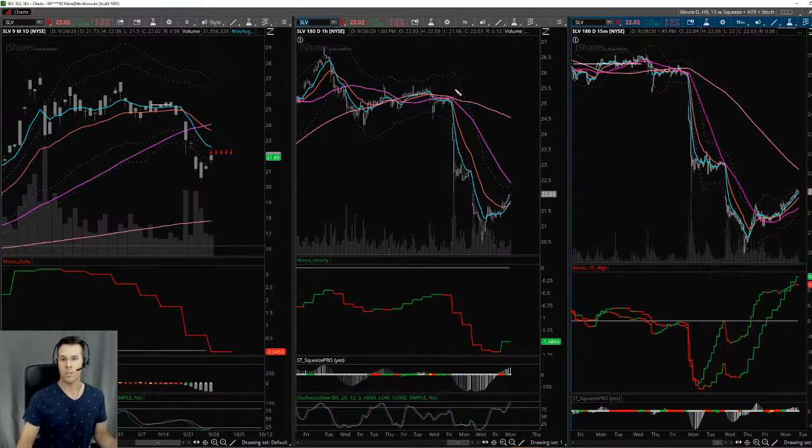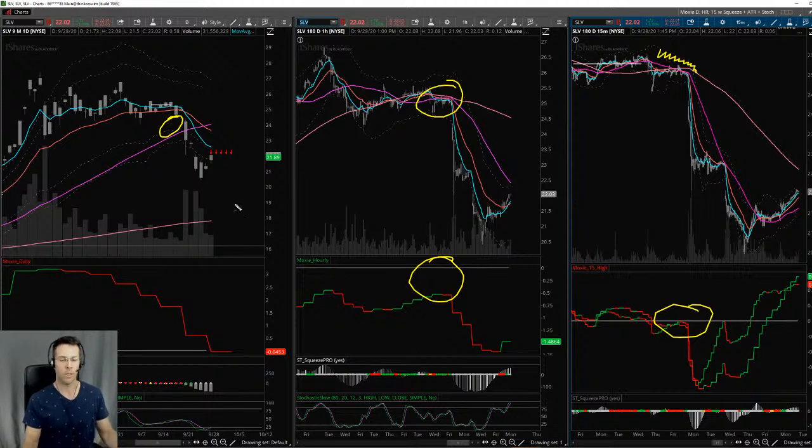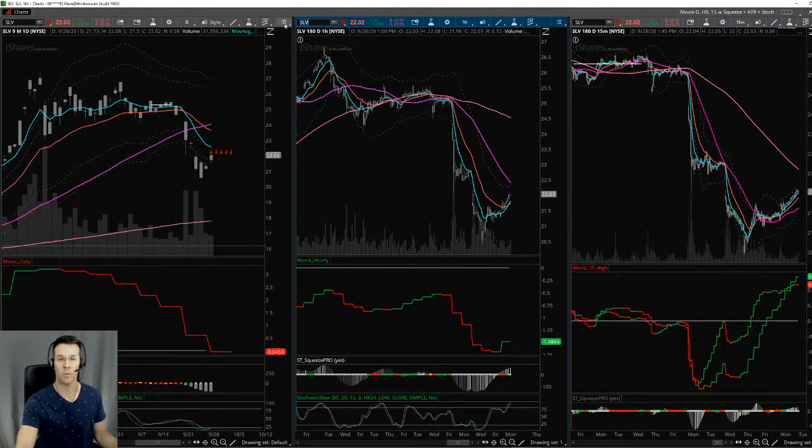With silver, you can see right here that price got stuck underneath the hourly 50 and underneath the hourly 200. The Moxie indicator was below 0, and then you could see right here on the 15-minute time frame that price got underneath the 15-minute 50. The Moxie indicator again was below 0. This thing was looking pretty rough, and that's why I wasn't surprised that this came over. And it too was even floating off of the daily 50, so kind of up there in the air and unsupported. Once again, it's oversold. It's trying to figure out what it wants to do from there. But right now, there's just not much to do with the metals, and we've got to keep an eye on the dollar. All right, so let's look at TSLA, Tesla.